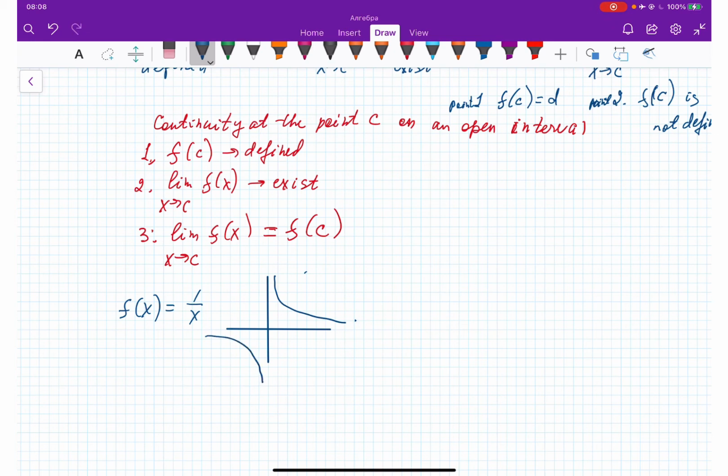Okay, so what can we say based on the graph about discontinuity at the point 0? Is it removable? No, obviously it's not. It's not continuous in the surroundings of 0. If we would remove that hole, it would make it continuous. And looking at it algebraically, the 1 over x cannot be equal 0. And that's why it's non-removable